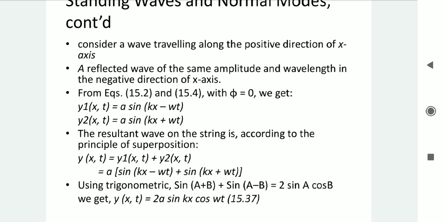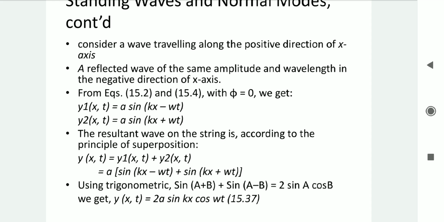So 2a sin kx gives you the amplitude of that particular wave. The amplitude of this function varies from point to point and the elements oscillate with the same angular frequency ω or time period T. There is no phase difference between oscillations of these elements of the wave, and the vibration is in phase, differing only in its amplitude at different points.